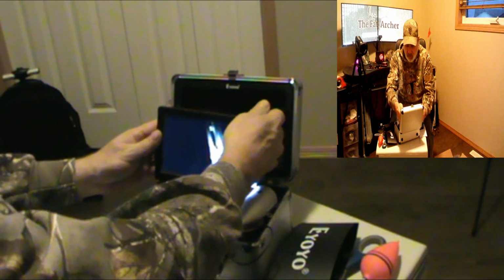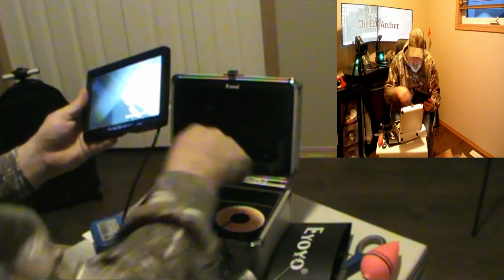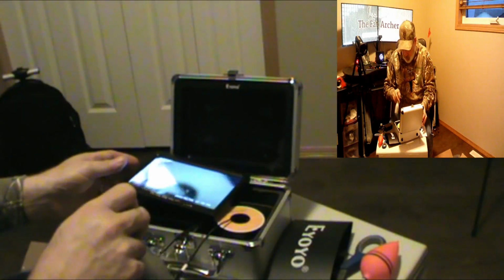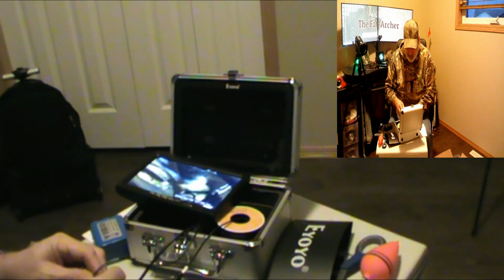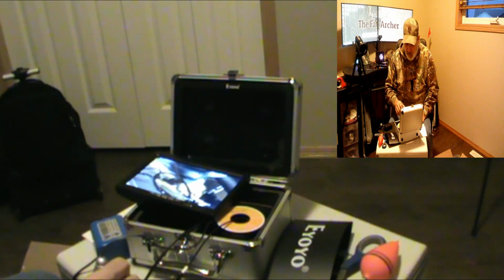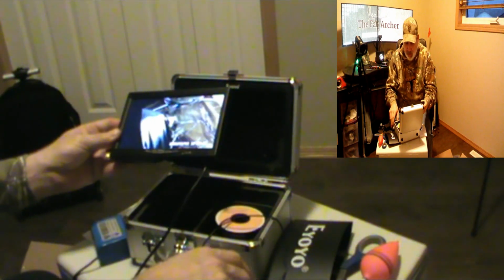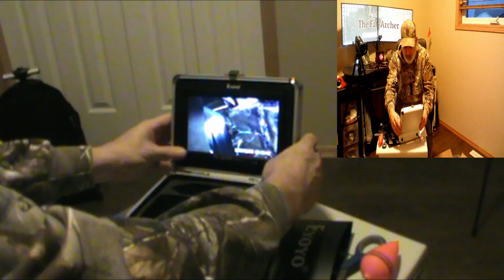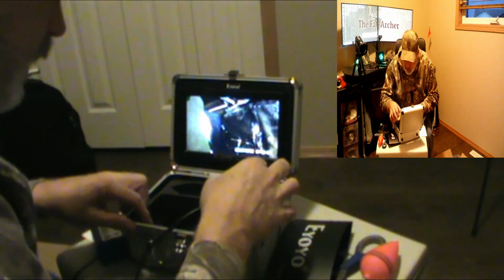One other thing maybe I'll show you is it comes, I've seen people talking about it comes with some rings to help, because if you look at it right now, the camera, if you were to drop it in the water right now, it would just be up and down like this, right? So it would show like my socks. If this was the ice fishing hole, it would just show the ground. So you probably have to hang that pretty well right above where you're fishing, which sometimes is not really good, especially if you're fishing pike. And at least that I find with pike, that they tear off everywhere, run line out everywhere and stuff like that. So I'm planning to dig a hole just over from the one I'm doing, and whoops,